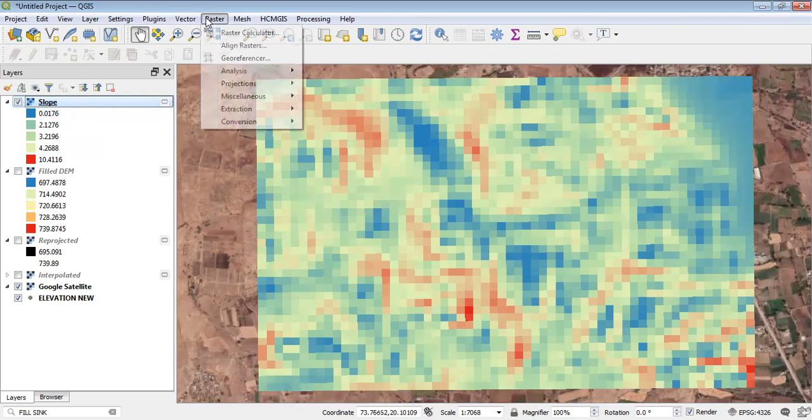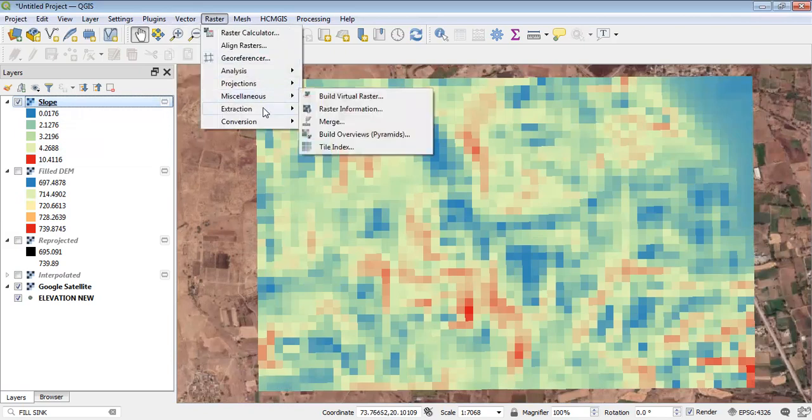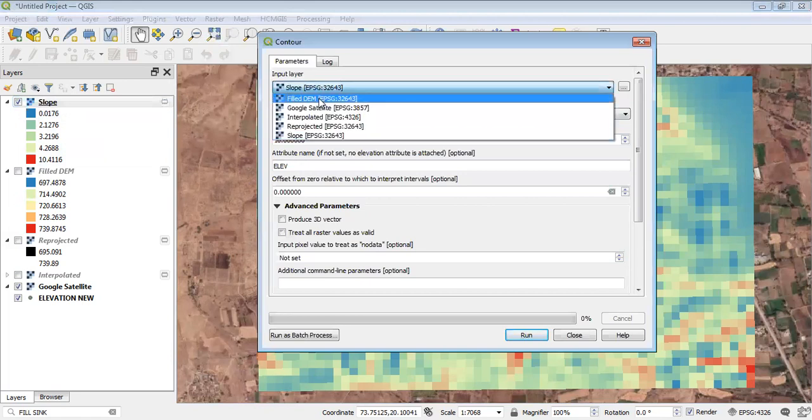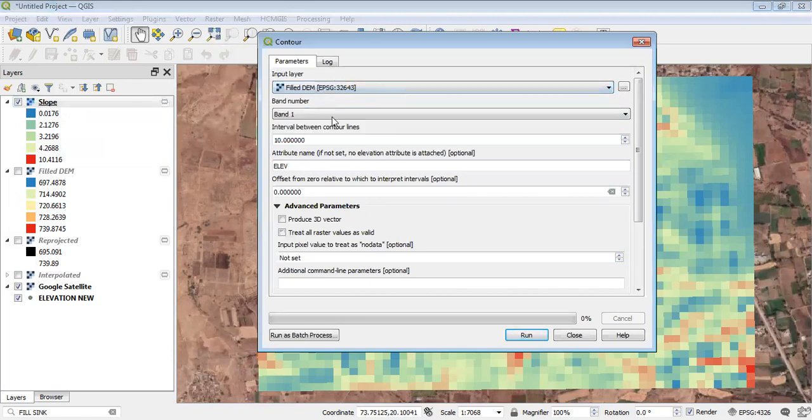Then contours. Again go to the raster and go to the extraction tool this time. In the extraction tool, we can see there is a contour option available. Click on contour. Input layer, yes, correct. Obviously, we will select a field name, and then the interval between the contour lines. So how much interval do you want between two contour lines? 10 meter here by default, because we know that our projection system is a PCS. For example, here I will make it a 5 meter elevation, or we can make it a 1 meter interval also. Attribute is elevation.